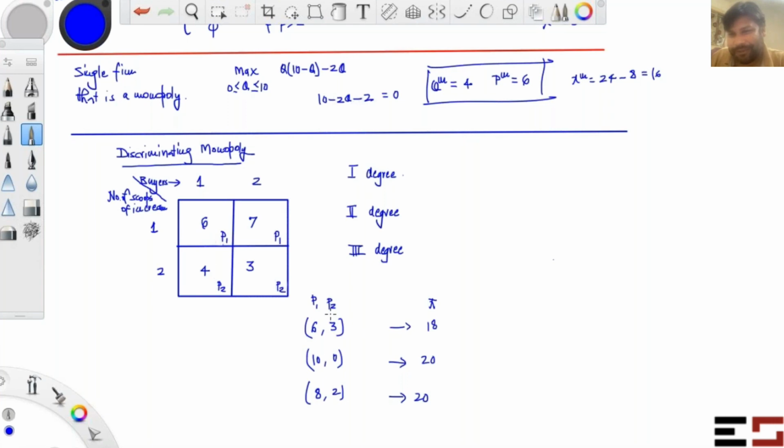That's exactly the kind of thing that you'll see a lot. Second degree discrimination is a very prevalent pricing system, which you will find in a lot of places. I've told you, buy two get one free. That's also second degree discrimination. Even for that matter, airlines. Business class and economy class. If you really think about it, that is also second degree discrimination. Why is it a second degree discrimination? Because